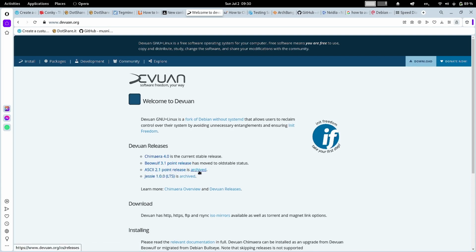ASCII 2.1 release is archived. So that was even earlier, the earlier release of Debian. So that is now archived, and I think when the distribution or the release is archived, then it won't get any updates. So the ASCII 2.1 point release is archived, so it means the support has stopped. JC1 LTS is also archived, so it will no longer receive the update patches. So you can learn more about Chimera overview and the Debian releases from here. So let us open the